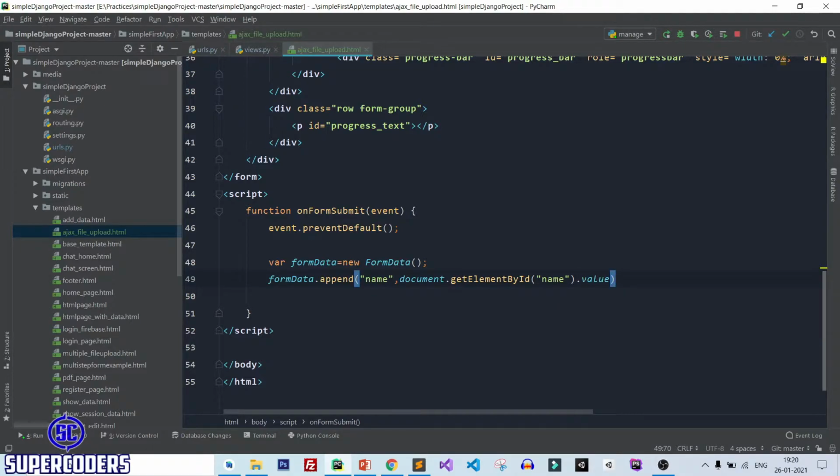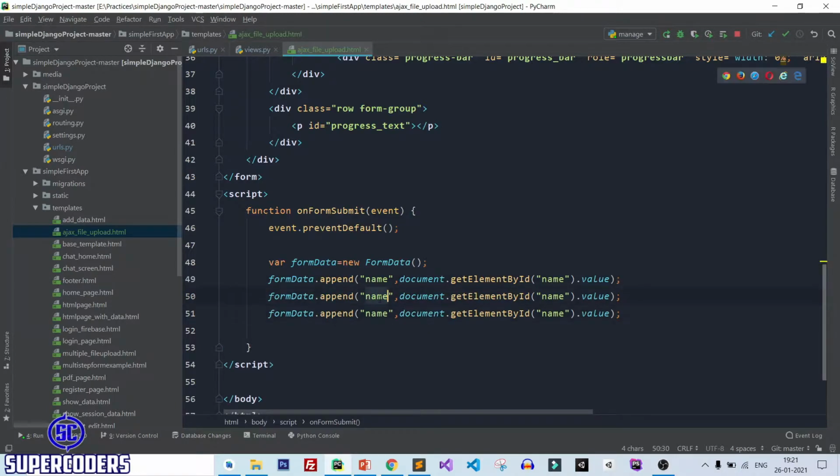After that, let's copy this same line again and again, change it to file 1, change this to file 1 also here. After that, files and files, then 0 index.